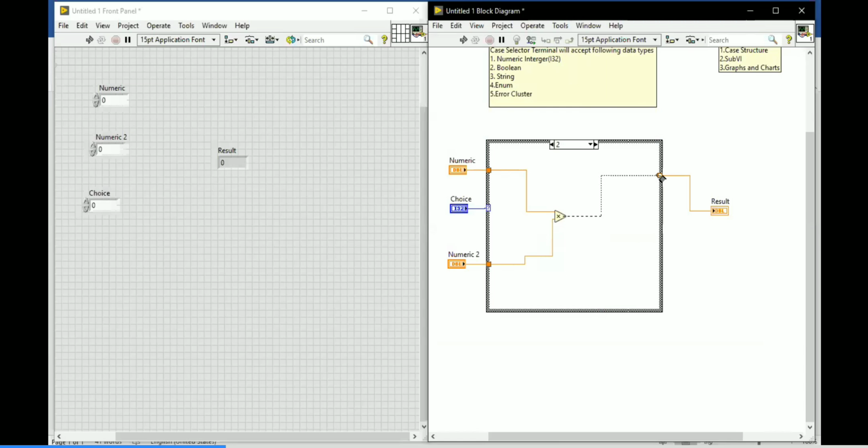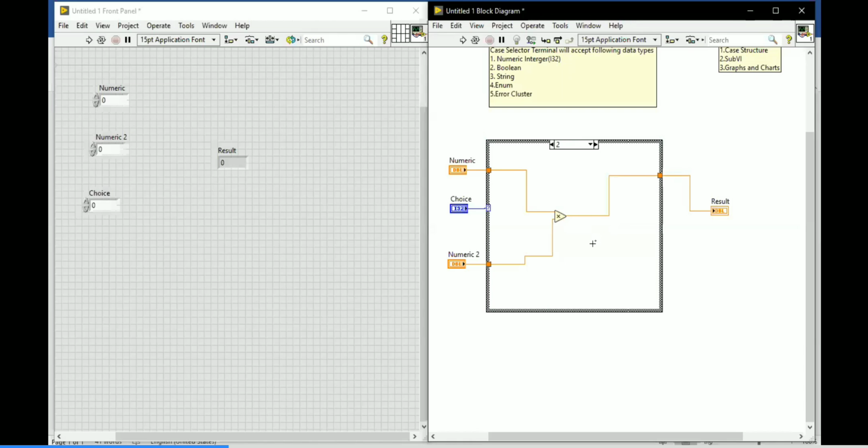Now I'm connecting the tunnel value over there. Okay, now see the tunnel. Now see the output tunnel. This is the input tunnel and this is the output tunnel. Okay, the input tunnel is always filled. No problem there. But in the output tunnel, if the cases in the case structure are not wired, you will get a white space, like this white space. If all the cases in the case structure are wired properly, the problem will be solved.